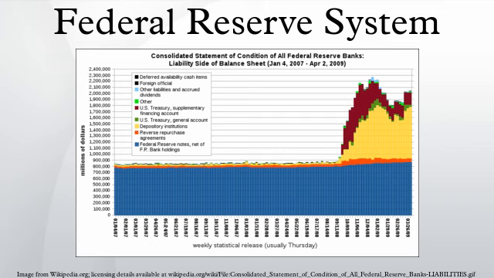Asset-Backed Commercial Paper Money Market Mutual Fund Liquidity Facility. The Asset-Backed Commercial Paper Money Market Mutual Fund Liquidity Facility was also called the AMLF. The facility began operations on September 22, 2008, and was closed on February 1, 2010. All U.S. depository institutions, bank holding companies, or U.S. branches and agencies of foreign banks were eligible to borrow under this facility pursuant to the discretion of the FRBB.